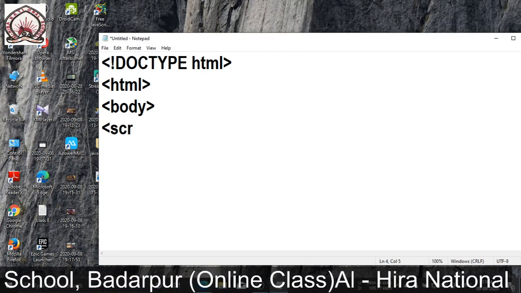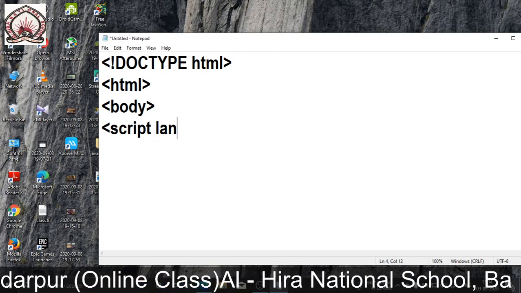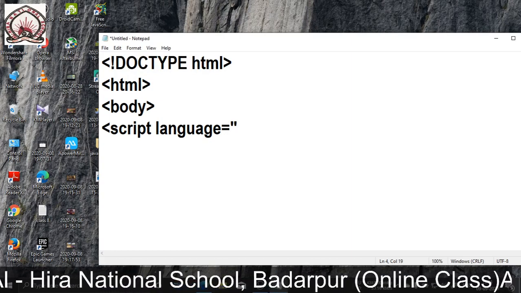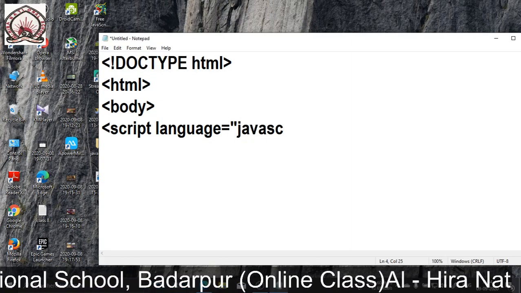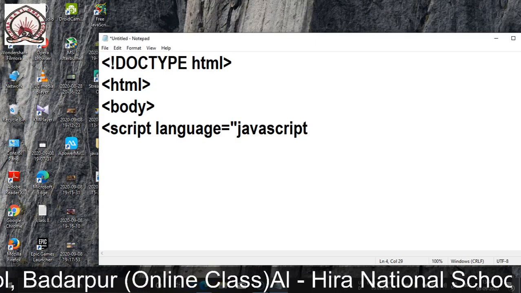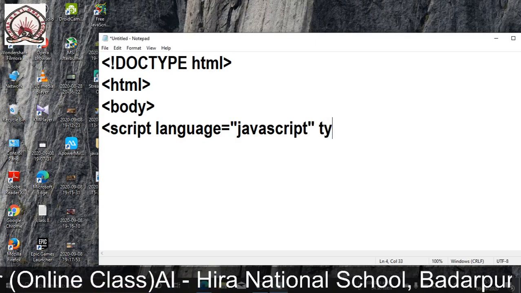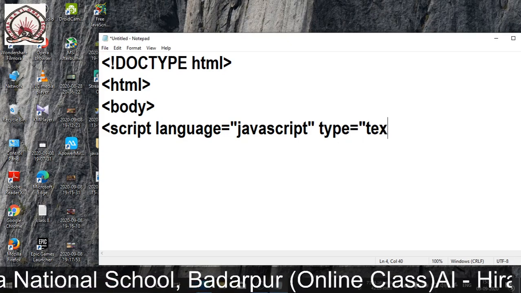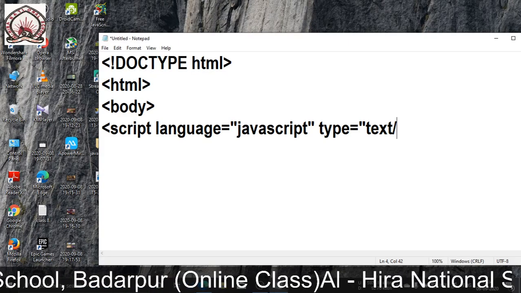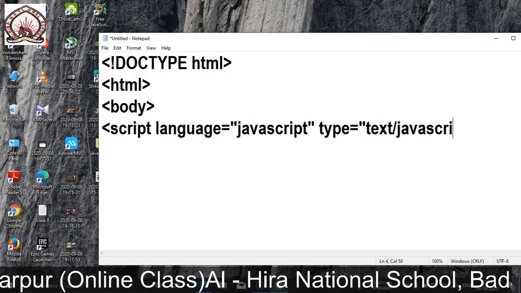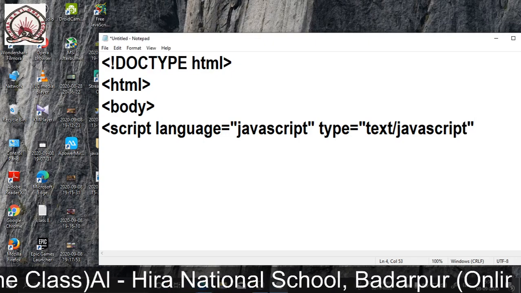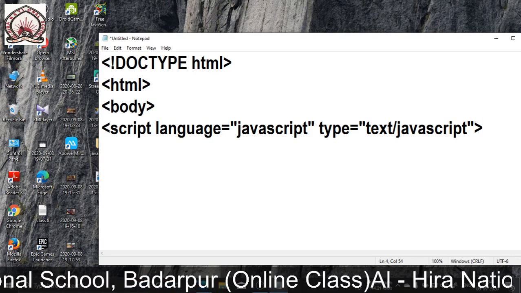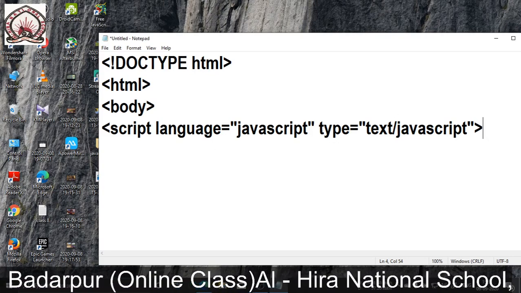So script language is equal to, within double inverted commas we will write JavaScript, and type is equal to, within double inverted commas, text/javascript. In any JavaScript coding, this line is mandatory. Script language is equal to JavaScript and type is equal to text/javascript.